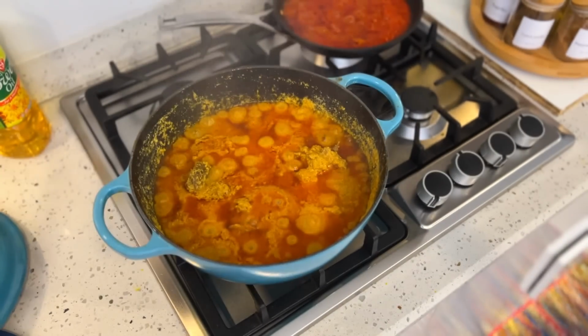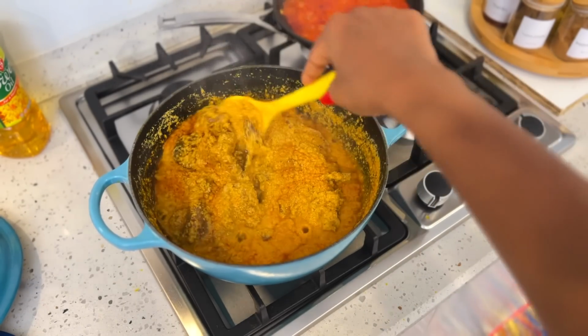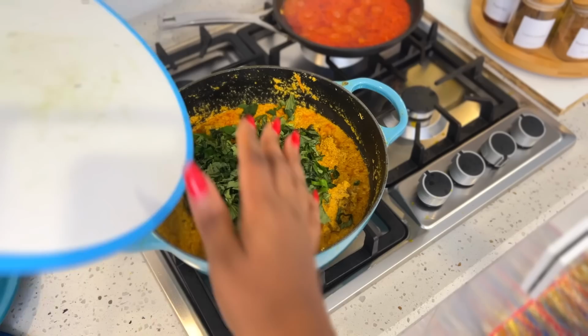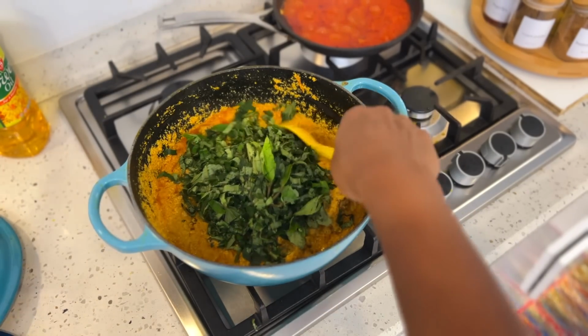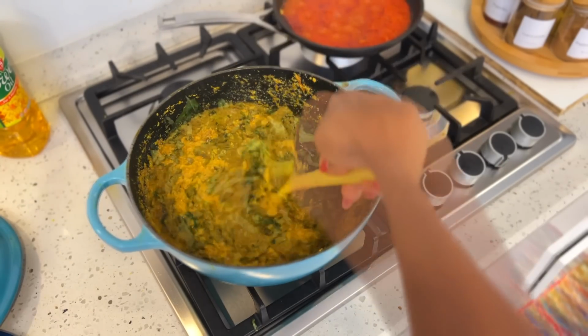Now I'm back checking on the egusi. The egusi is almost ready. If you guys notice at the back burner, I am actually cooking up some tomato sauce. I want to make a vegetable stew that I would use as a side dish during the week. That's why the sauce is boiling over there. Now I'm just adding some veggies to the egusi, mixing it all up together, and the egusi is pretty much